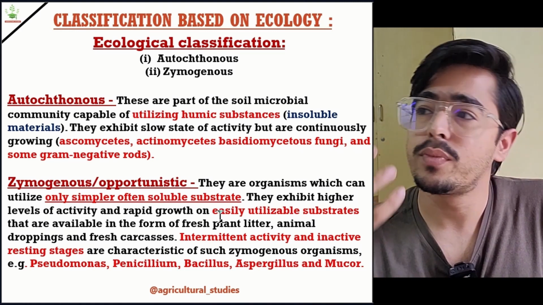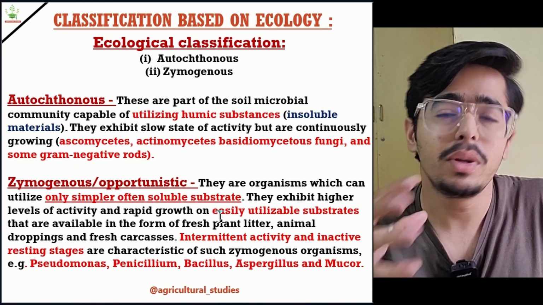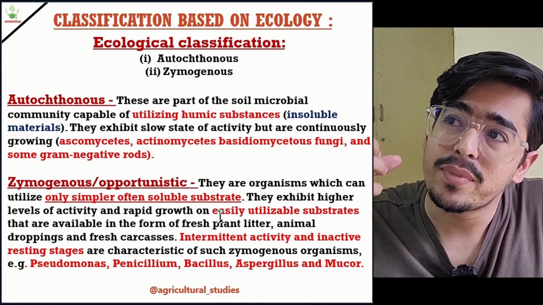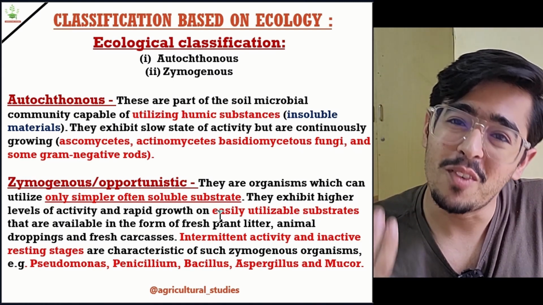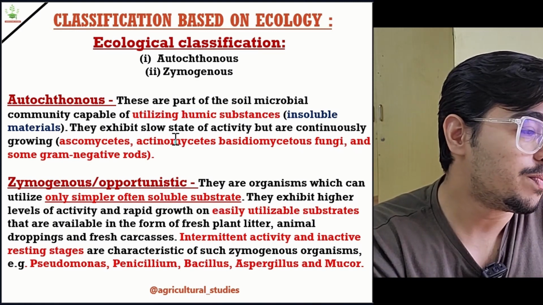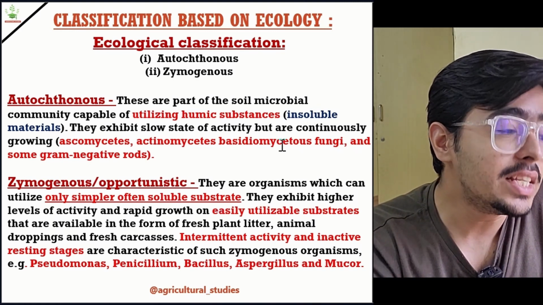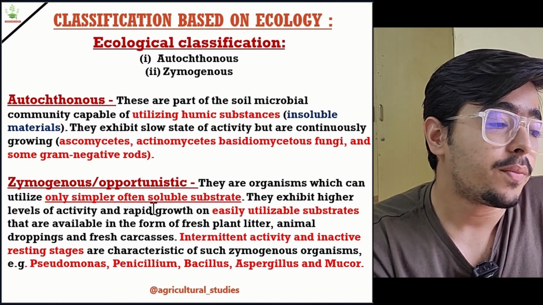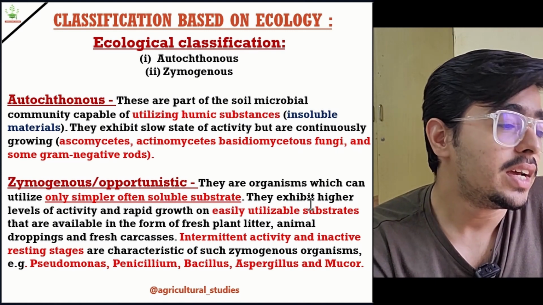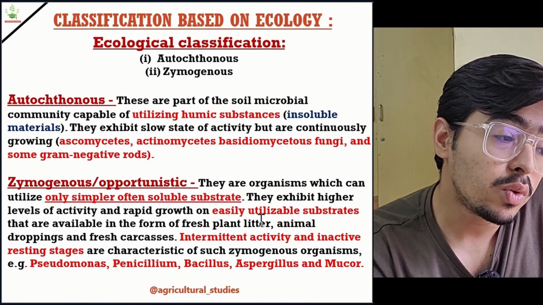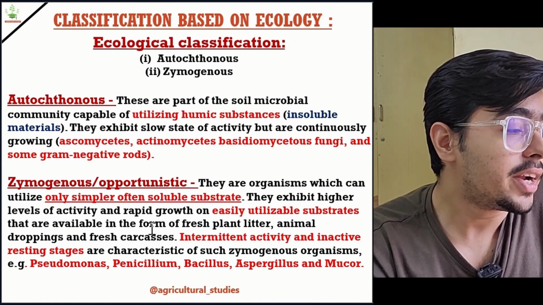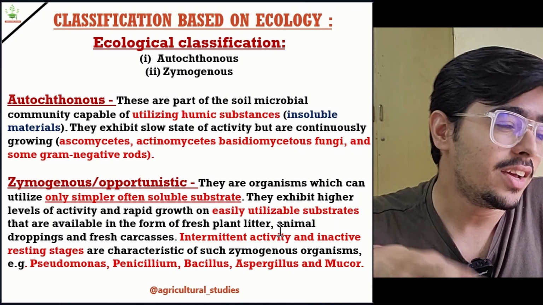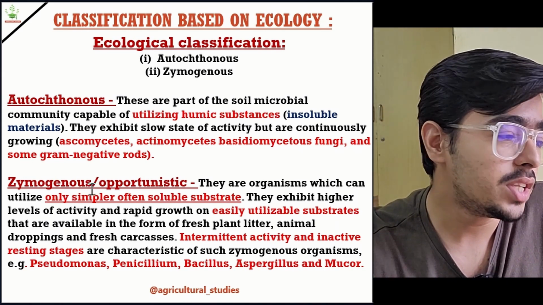Zygogenous are also bacteria which are normally present in the soil, but the speciality is that they can only consume the simpler form of organic matter. Earlier we discussed insoluble material, but the zygogenous eat only simpler, often soluble substrate. They exhibit higher levels of activity and rapid growth on easily utilizable substrate available in the form of fresh plant litter. When there is fresh plant litter, they can easily decompose it, as well as animal droppings